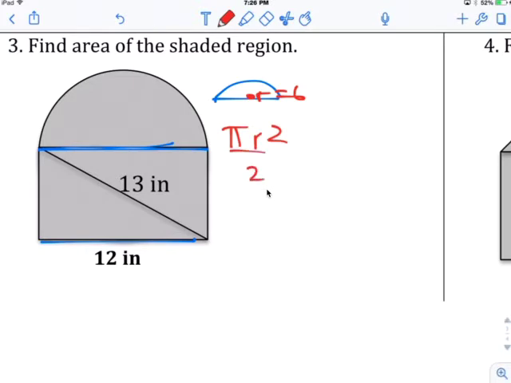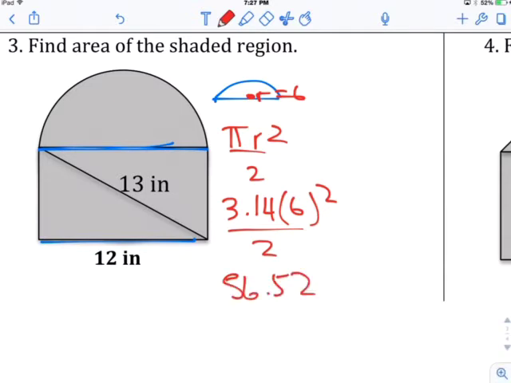Okay, let's do that. 3.14 times radius squared, and then divided by 2. I'm using my calculator. You get 56.52, and then you add it to